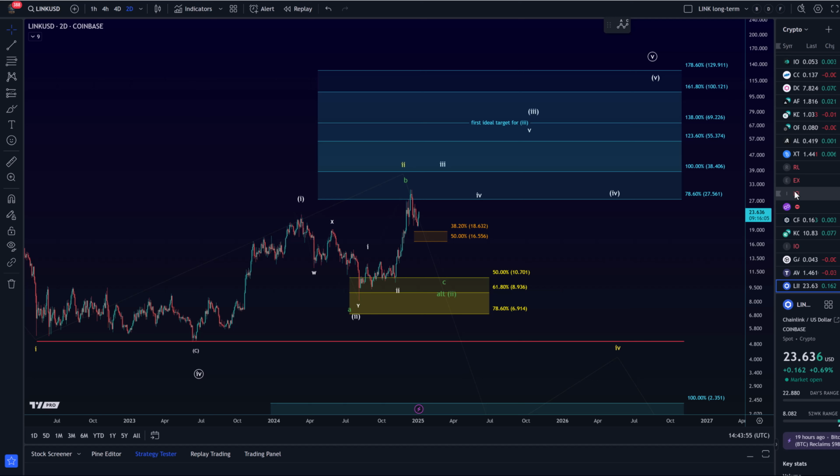We take a look at the chart from an Elliott wave point of view. Here we take a look at various altcoins on this channel and provide market updates and analysis based on Elliott wave. So if you're interested to learn more about this structure or way of analyzing and understanding markets,